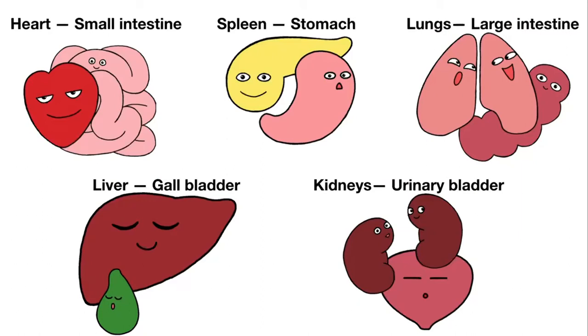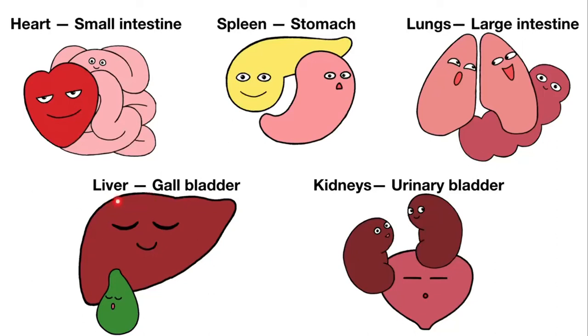And they have the paired hollow organs, yang organs. They are basically the tubular organs or the storage organs. So the heart and small intestines, spleen and stomach, lungs and large intestines, kidney and the UB, urinary bladder,